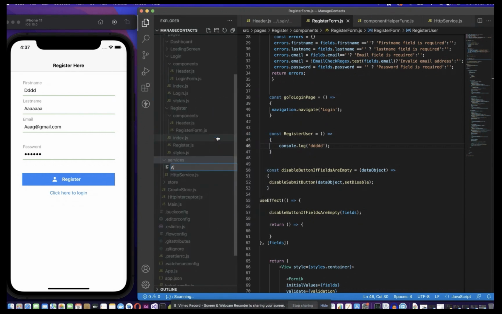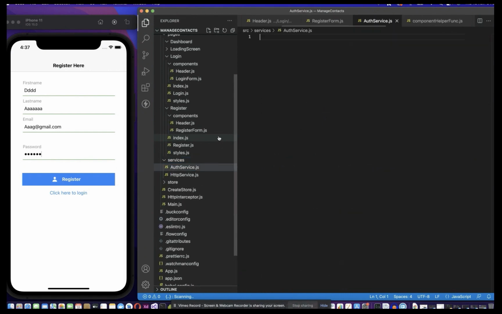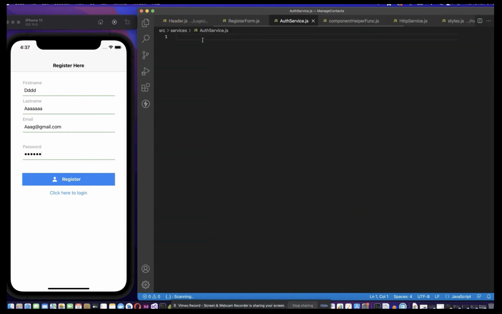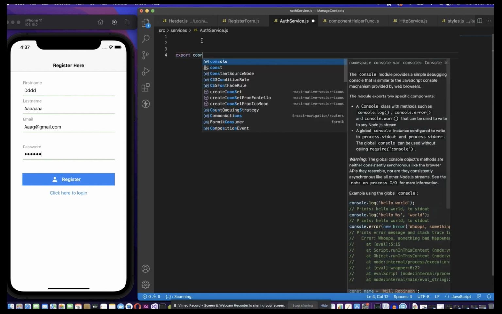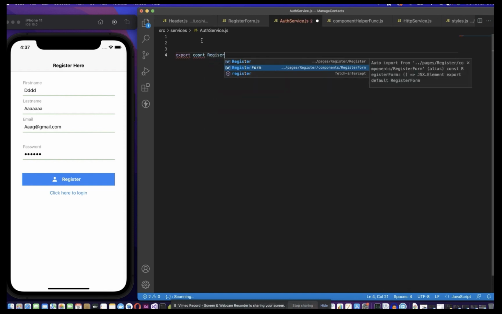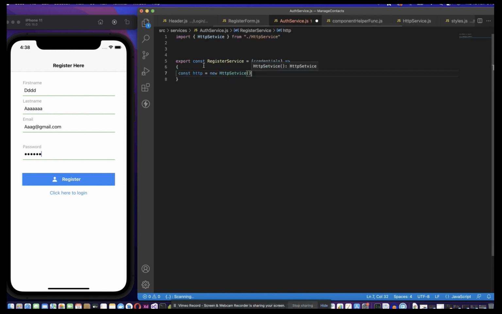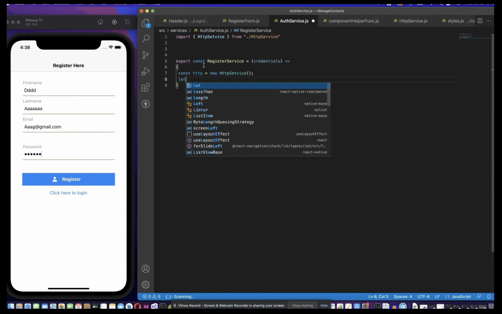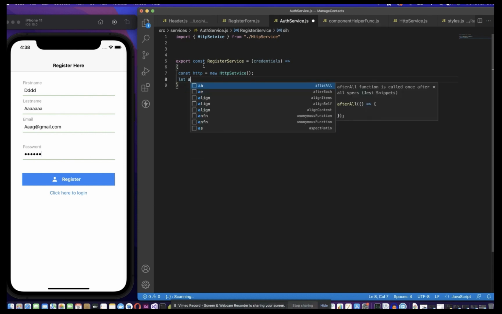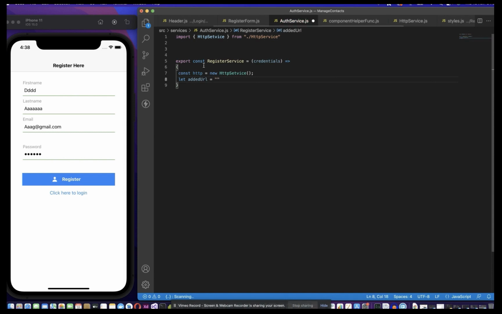So I'm going to call this file service.js. In our auth service, we're going to make the register request. So here I'm going to say register service. And then here I'm going to pass the credentials, or basically the data, whatever you want to call it. So let's just call it credentials. And then in here, const. Okay, so in here, I'm going to create an instance of our HTTP service. And then remember that we have a parameter called added URL. So I'm going to call added URL, and then this would be